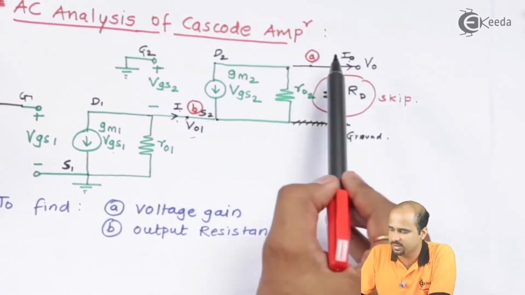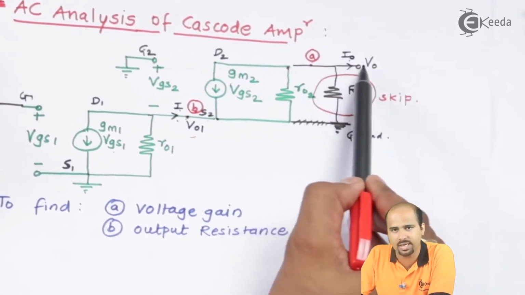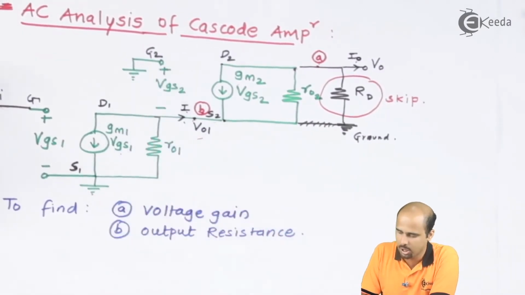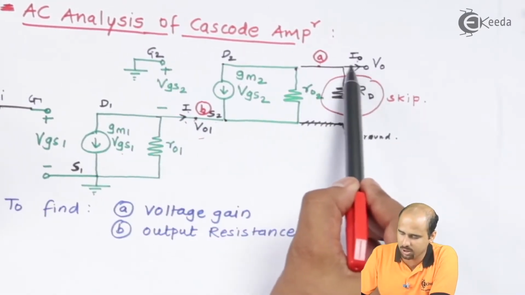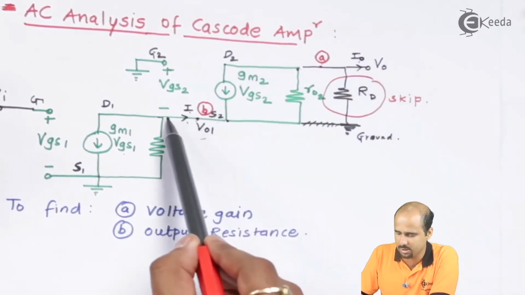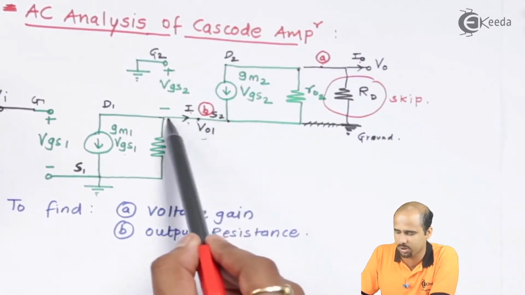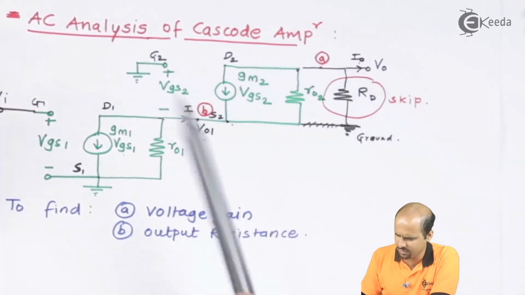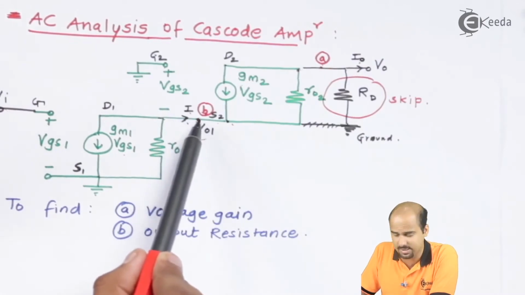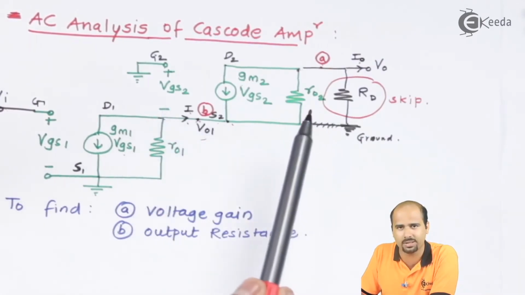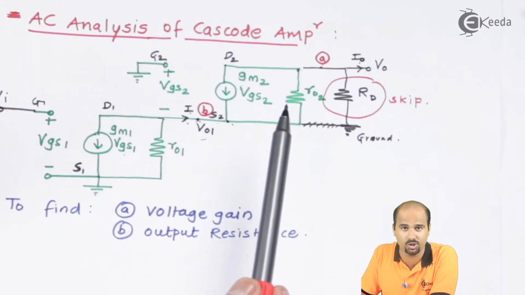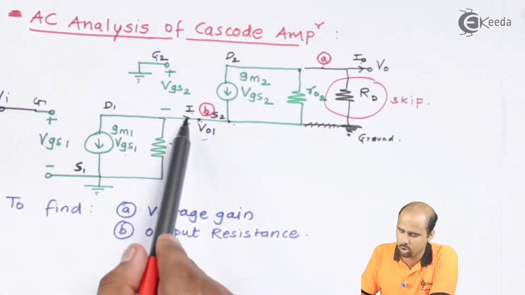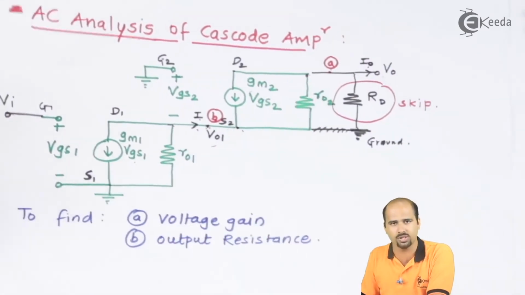And I know that the value of I0 is nothing but the value of I, because VGS2 is an open circuit. So whatever current is flowing through this particular branch, that the same current that will be flowing from this particular branch, right? So I is equal to I0. Nevertheless, even if you say I'll directly apply KCL at this particular node, you will directly get the value of VO divided by VI, right, in one shot. So I'm not using that particular method, I'm applying my logic. So according to logic, I is equal to I0 is equal to 0.